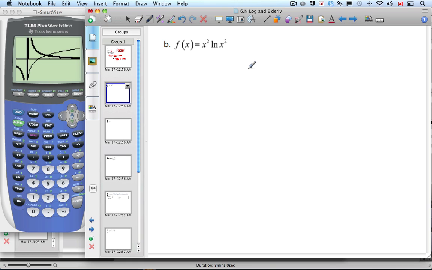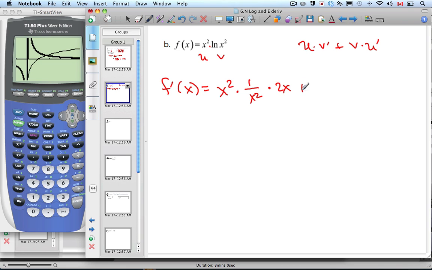Here we have a situation where we have the product rule and a chain rule in there as well. Product rule: we have u times v prime, plus v times u prime. We'll call this u, and this is v. Let's start off with f prime of x. So u is x squared times v prime. To find the derivative of this, it's 1 over x squared times the derivative of the inside, 2x,